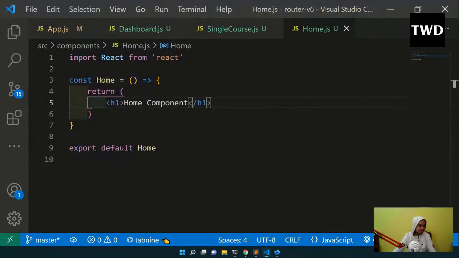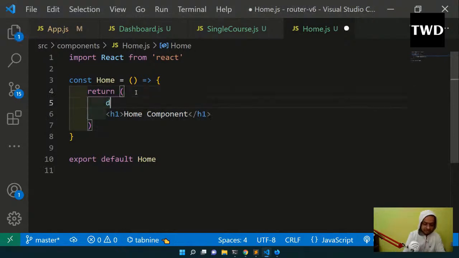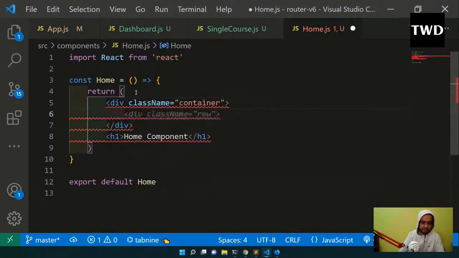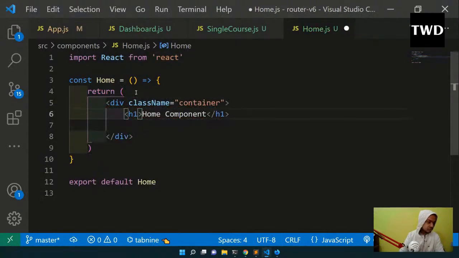Let us update it a bit. Okay, so we are just going here in the home component. Let me remove all these things. Let me wrap it with a div dot container. I'll wrap this home component inside this home component so that we can see it's a home component, and I